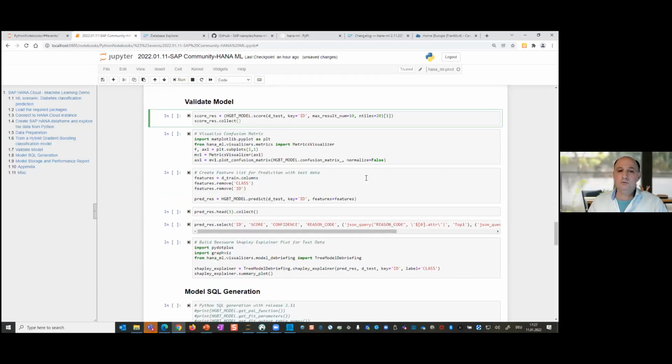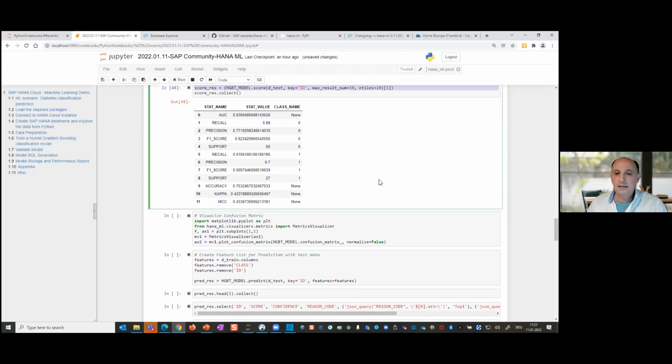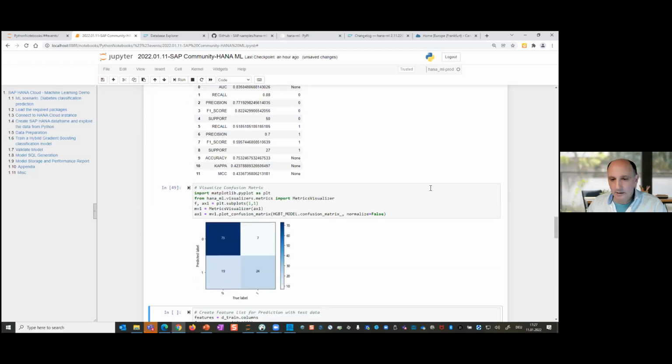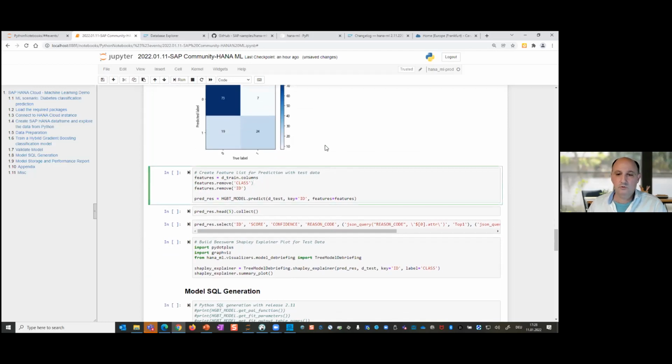Just to continue that, typically you want to validate a model using a score function. And so you can see here we get different model quality statistics on the test data, where we have the actual values and compare them against the predicted values, of course, and based on that we get the respective quality measures for the generated model, and can then again create different visualizations, for example, with respect to the confusion matrix,